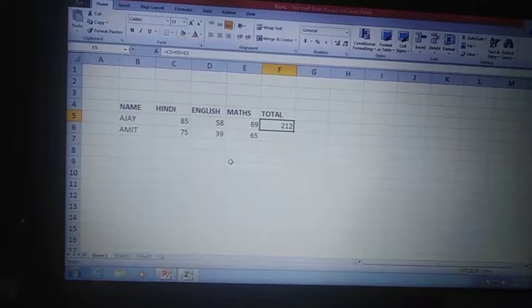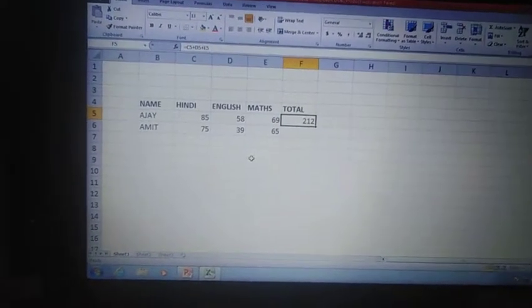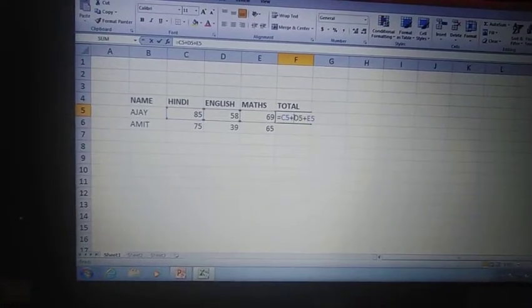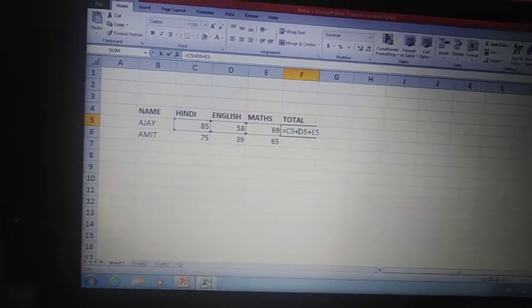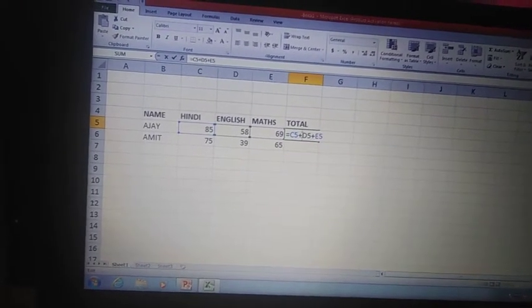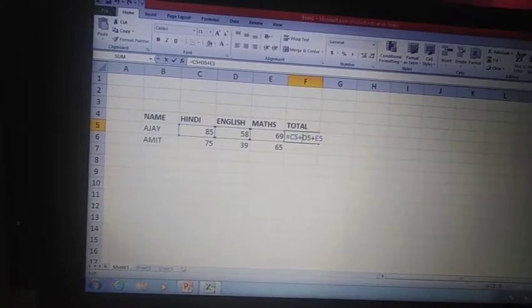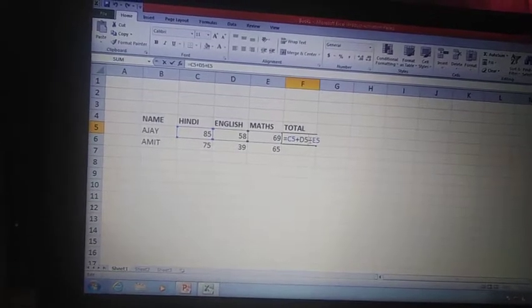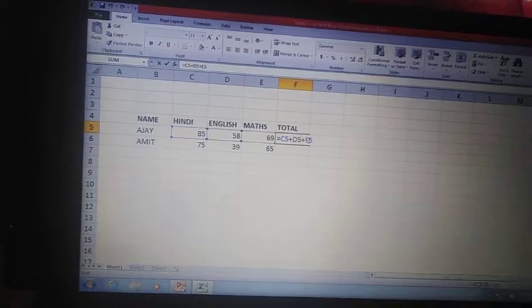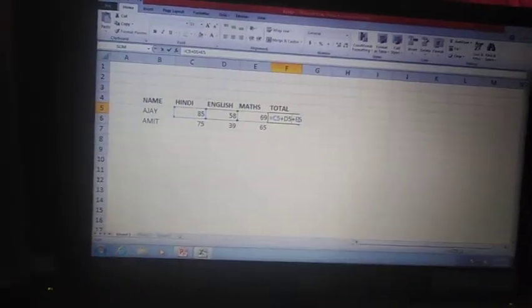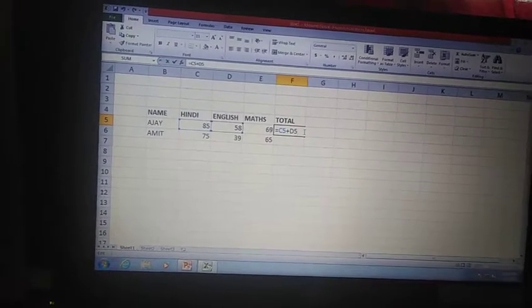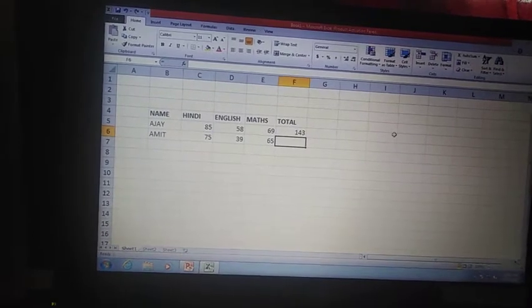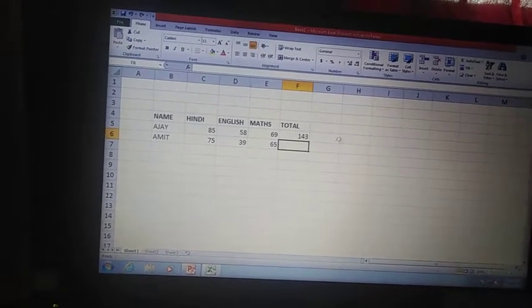The worksheet that contains a formula is already open. Double-click on the cell containing the formula. The value will disappear and the formula will appear in the cell. Click at the point where you want to edit the formula. Enter the correct data from the keyboard. Press enter key. Now the new result will appear in the cell.